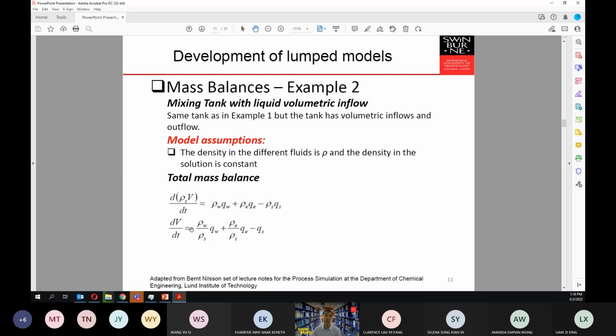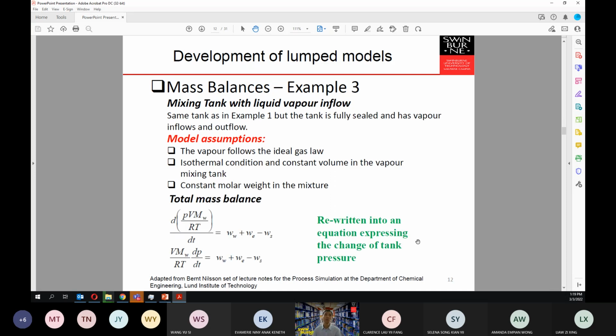So what we make in here is the total mass balance. Okay, the density. Note you need to always check again the units of this one. The one on the left hand side should be equal to the one on the right hand side. In here, the difference is that we are putting in the density. Okay, so instead of using M as we did in the first example, in here we took it a bit more in detail. So we multiply the density by the volume. Okay. So what essentially we can get in here is the change of the volume with respect to time.